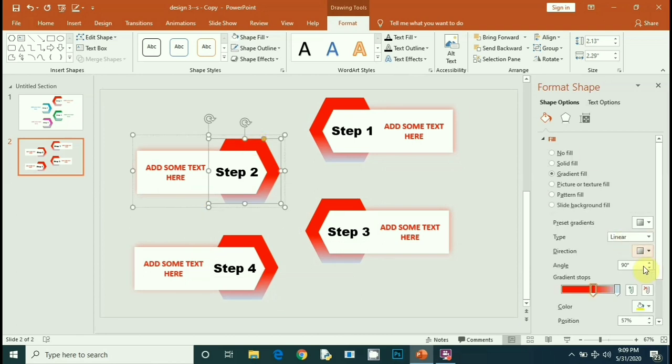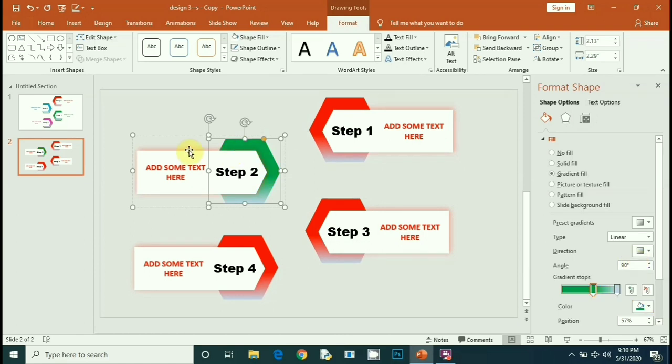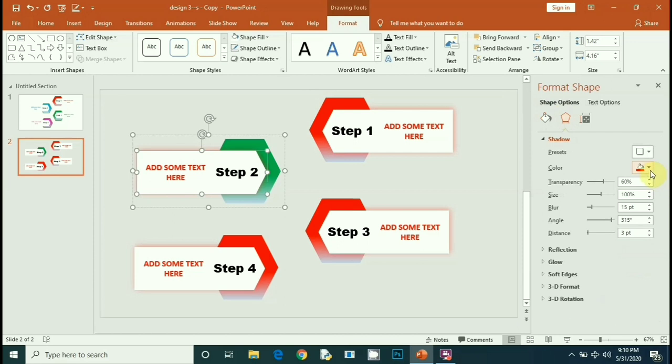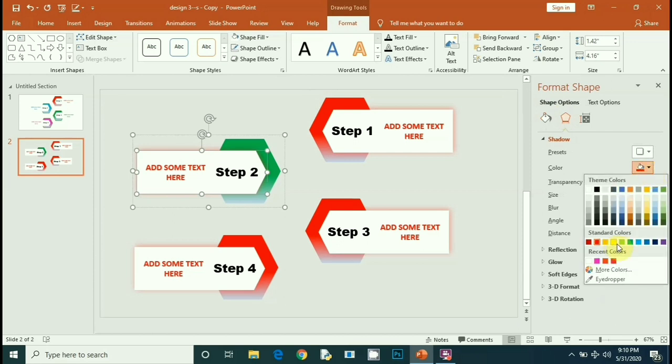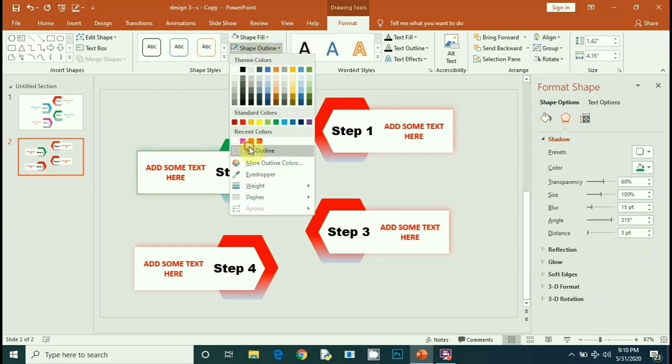So now change the color of all the rest of the hexagons. For the second one I chose green. For the third one, first of all I change the color of the shadow and again I remove the outline.